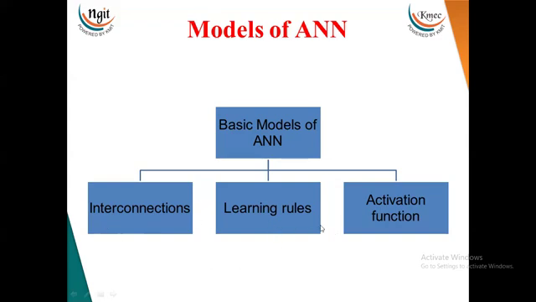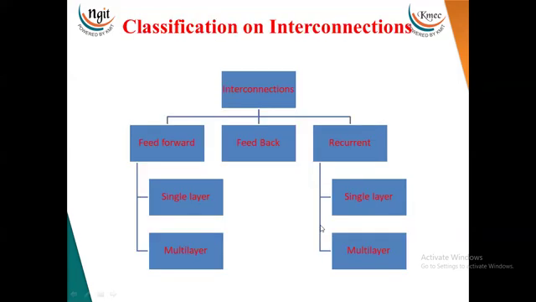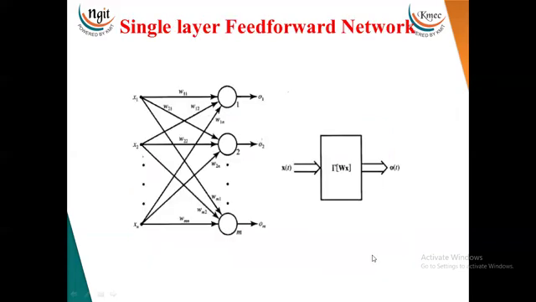So what are the different types? We will see. According to the interconnections, how the neural networks are connected: one is feed forward, feed backward, and recurrent. In the feed forward, again, you have the single layer and multiple layer. And in the recurrent also, you have the single layer and multi-layer. So we'll see the interconnections based